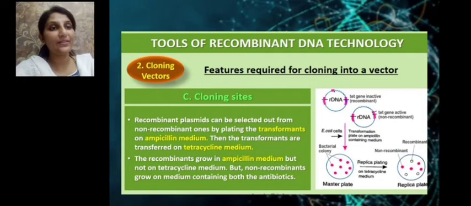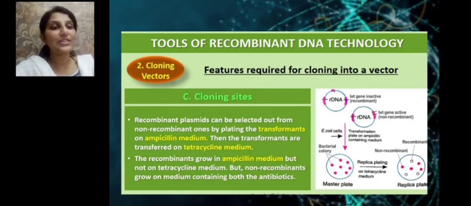In this picture, we can see the recombinant with the gene of interest in the upper portion, and this is a non-recombinant which lacks the gene of interest in the tetracycline gene. Then these are introduced into E. coli. The E. coli which have undergone transformation are called transformants. After that they are transferred onto an ampicillin-containing medium, and we can see bacterial colonies start to develop, because bacteria with the recombinant plasmid and with the non-recombinant plasmid will both be able to resist ampicillin.